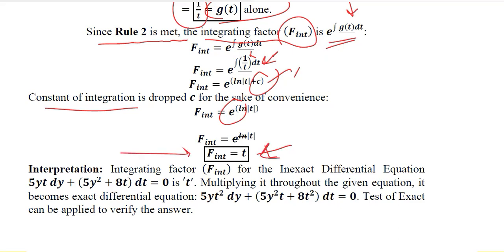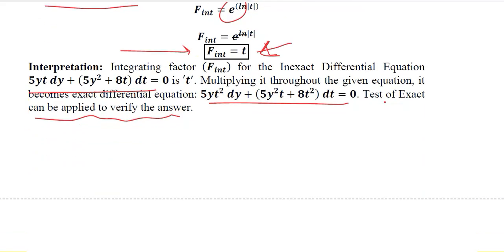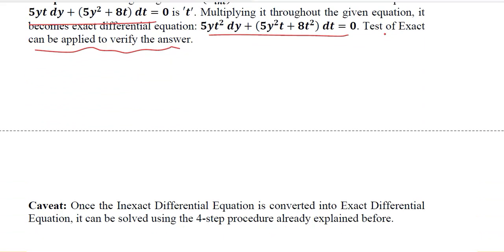So this means that the integrating factor is t, and we can verify it by multiplying it throughout the equation, and the answer will be this. So this will become an exact differential equation. Now another thing that we should note here is that once we find out the converted form, it will be solved using the 4-step procedure, which is something we have done before. So it is only a matter of converting the given inexact differential equation